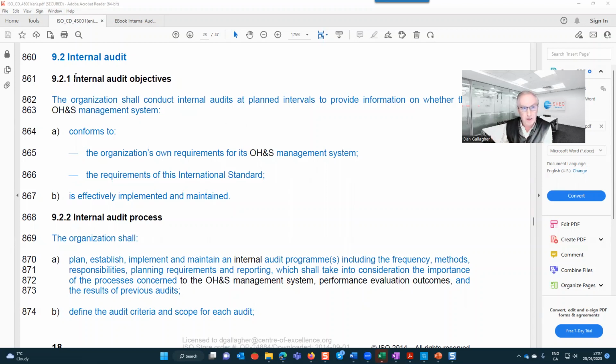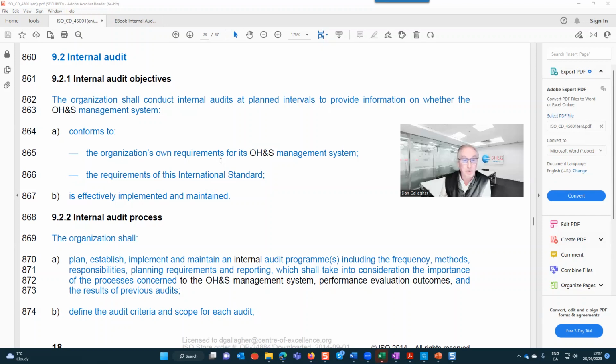So the first clause here is 9.2.1, internal audit objectives, and it says your organization shall conduct internal audits at planned intervals. So you have to plan, if you like, at the start of the year in January, so many audits that you're going to do in the course of the year, and provide information on whether your own occupational health and